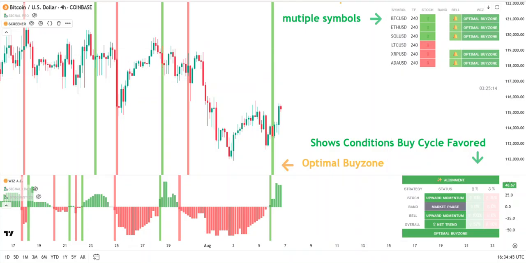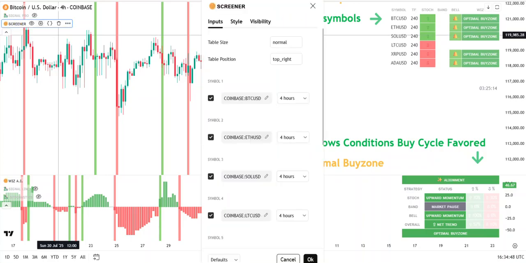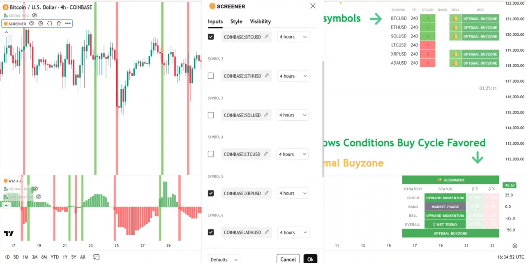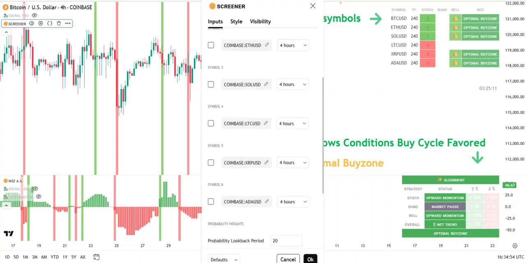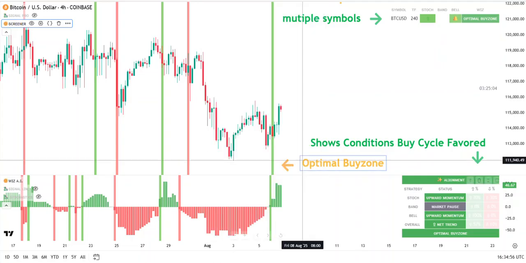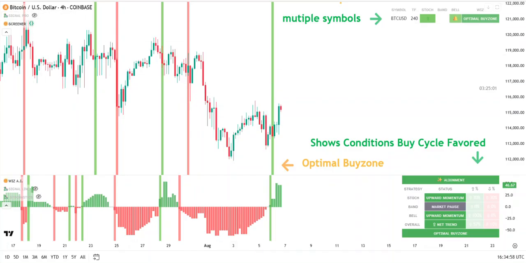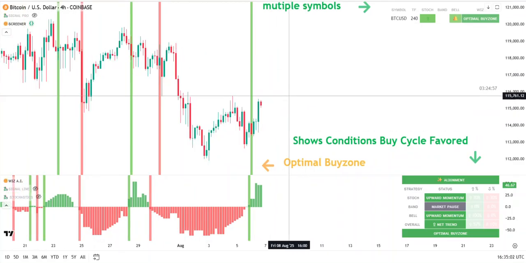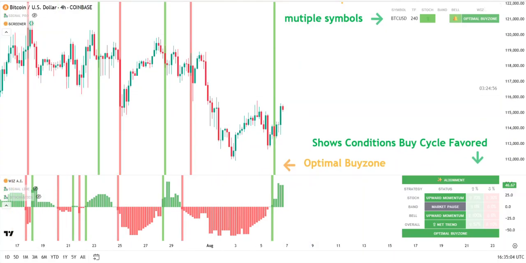So to remove some of the symbols, you can come back over here and uncheck this box and just start with one. That's what I'm going to do for this example, which is Bitcoin, right? Now, when you look in here at the screener, we'll notice